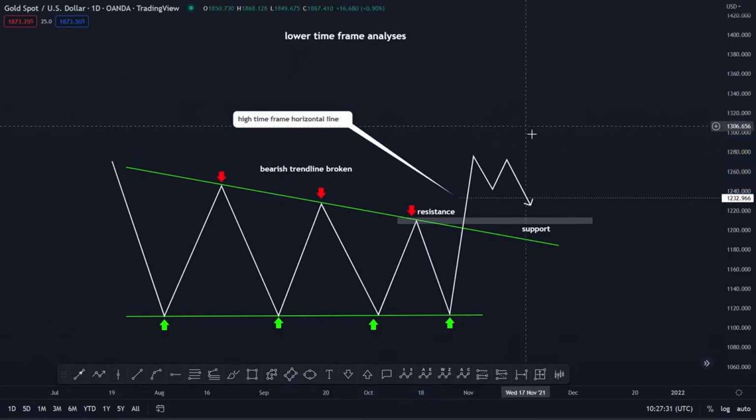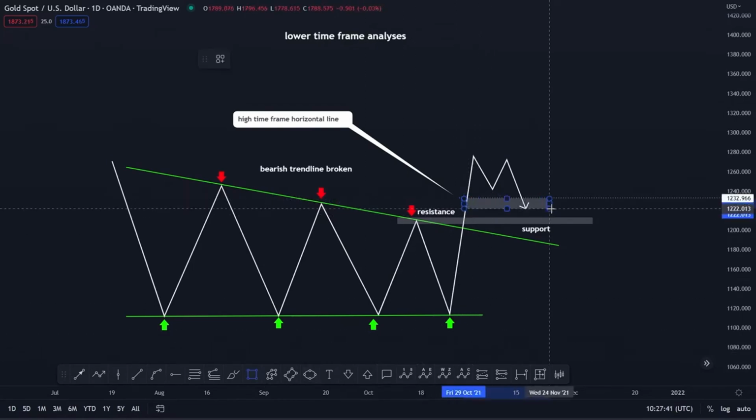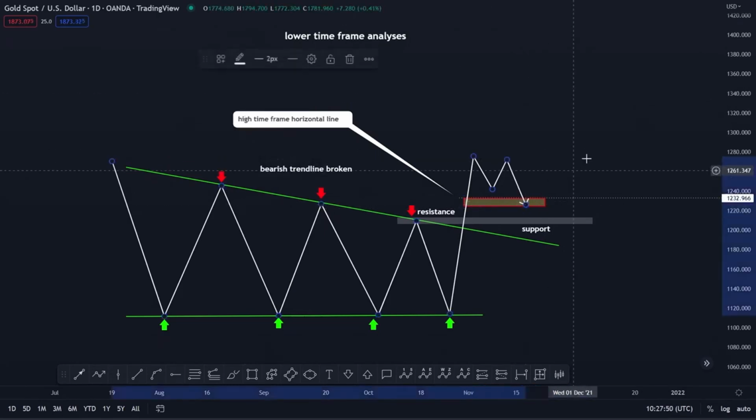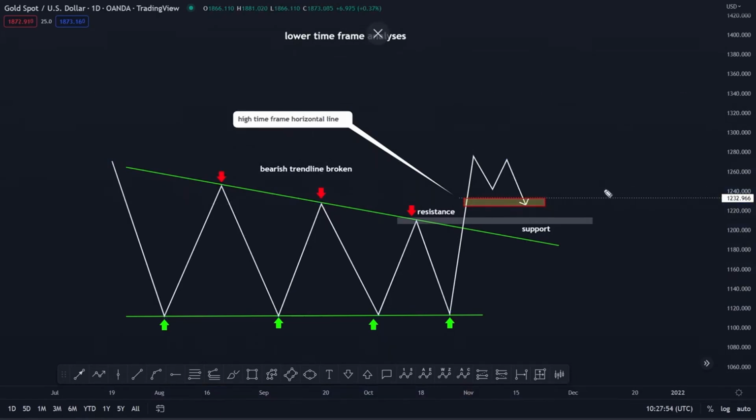So when you see something like this, that means right now you have to find a zone around this area here, below this line here. So we will have a lower time frame zone like this. Let me say zone 2. So when the market touches this level here, you will have this kind of pattern mostly, and then this is your correction. You have to wait for the market to touch here, find a zone around this area, and check